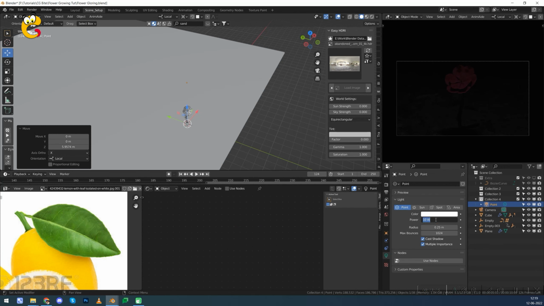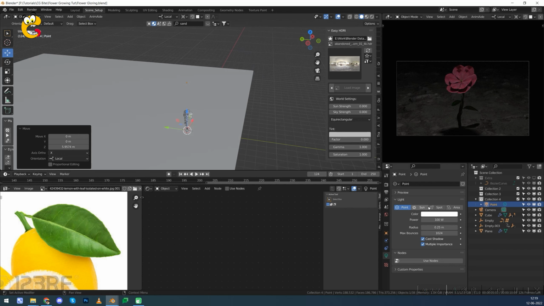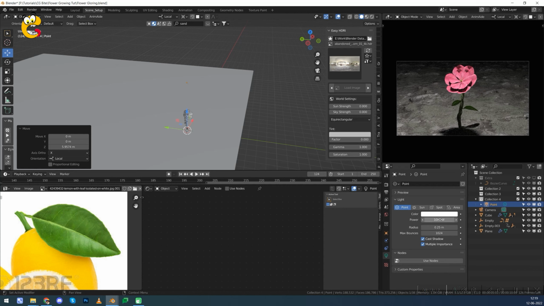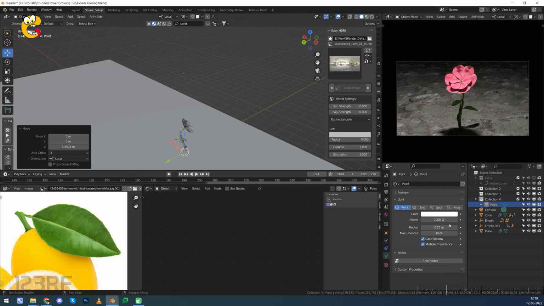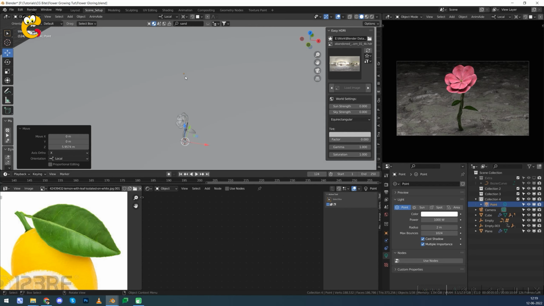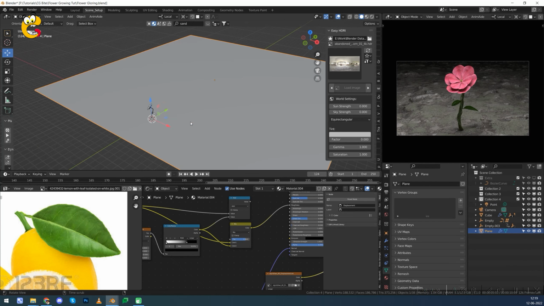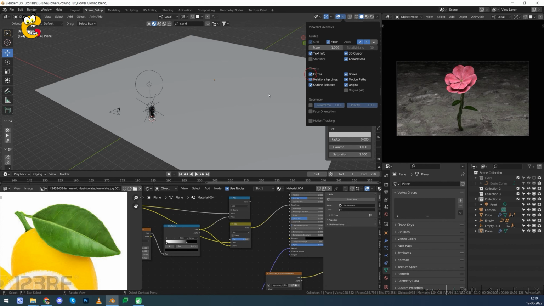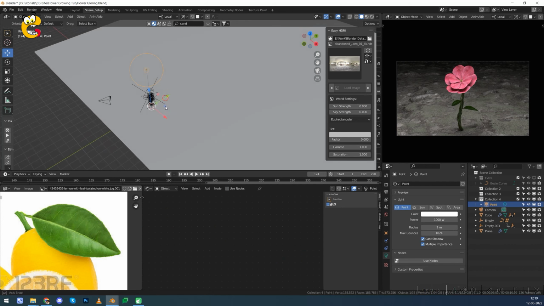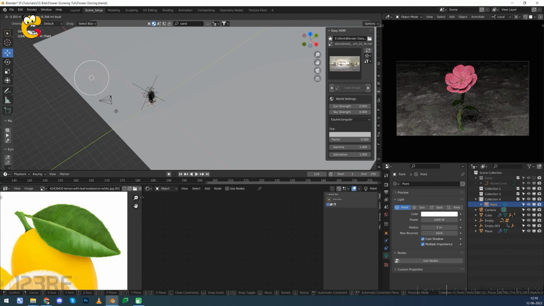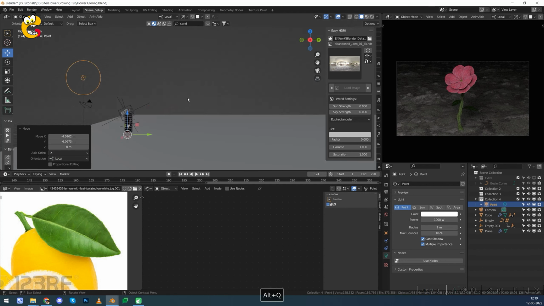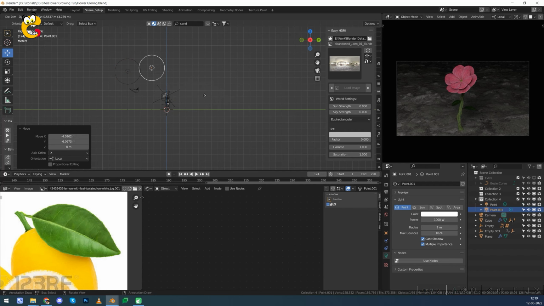Now increase the value to 100 or 1000, and also scale this to 2, so we can get the soft LED shadow. Enable the extras to view the light, and move this in this direction, and then duplicate this,